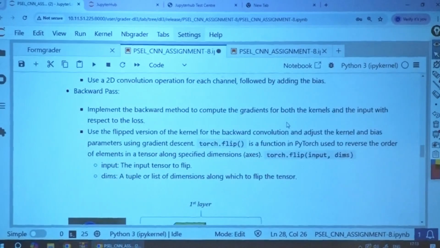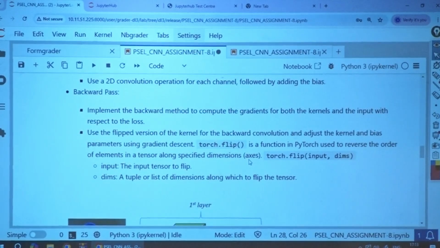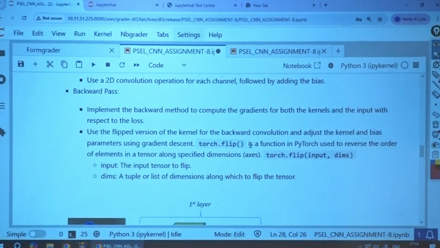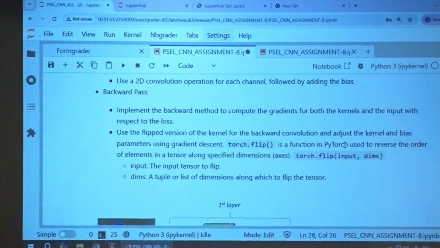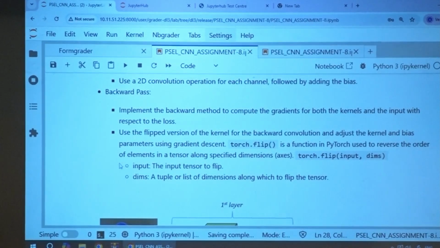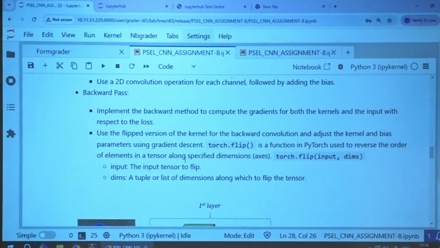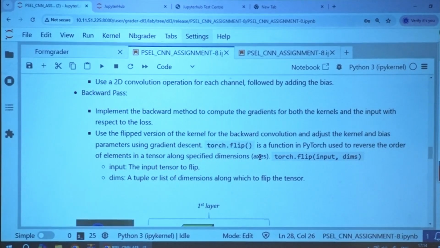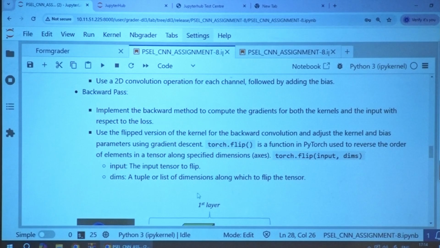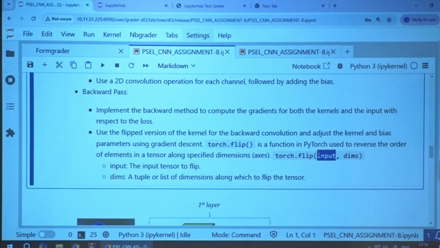Description is given. Look at here. Torch.flip is the method which helps you to reverse the order of the elements in the tensor along the specified dimensions or axis. So what you are supposed to define? Which torch tensor you want to flip? What do you want to flip? That filter you want to flip.